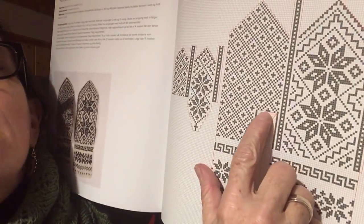So there is a pattern here above the thumb, and you will cast on in pattern above the thumb using the backwards loop method. That is the way Selbuvotter are done. That is the way I do think all the modern patterns are presented. Now, what I want to say is, when you come around again, you knit across the thumb and the palm, and you go around and you come around again, I want to tell you that you will continue to knit in pattern, but look at the leg of the backwards loop,